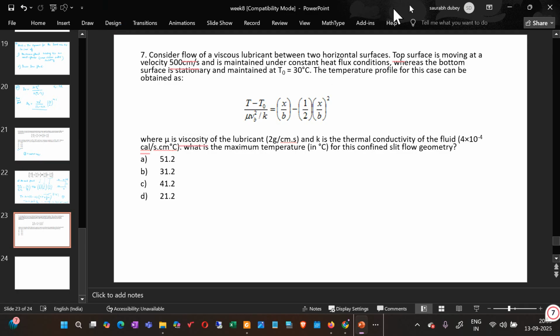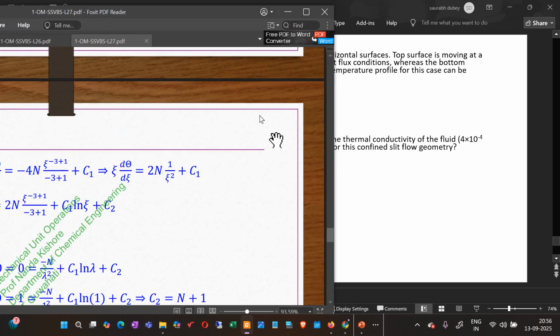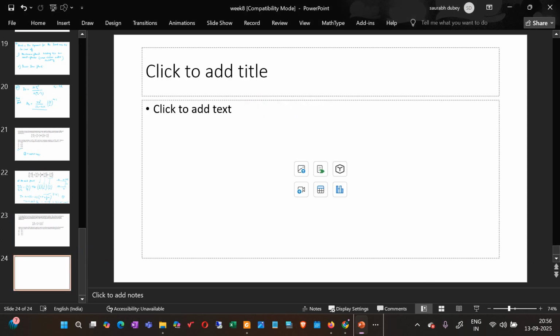Okay, so we will be solving this question, and I will be explaining the steps. A similar question we have already solved, but this one also I will be putting each and every step in front of you so that things become easy for you. So if you see here,